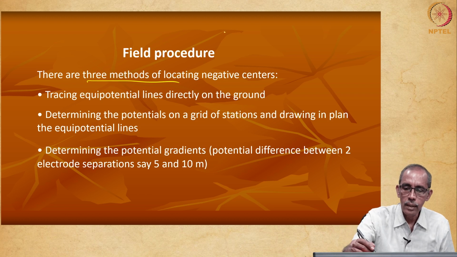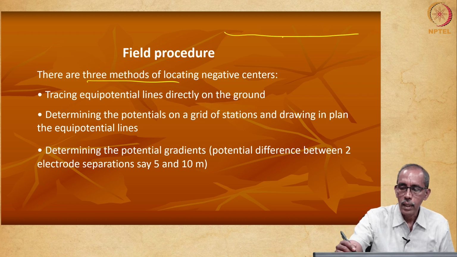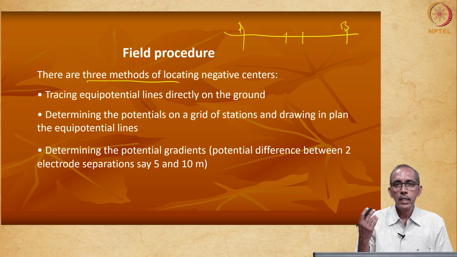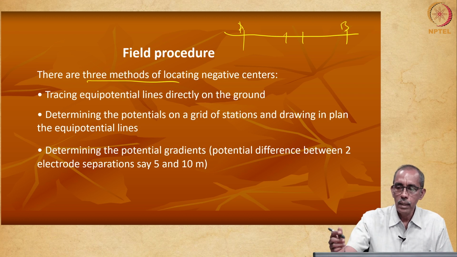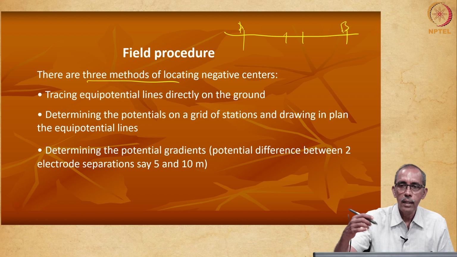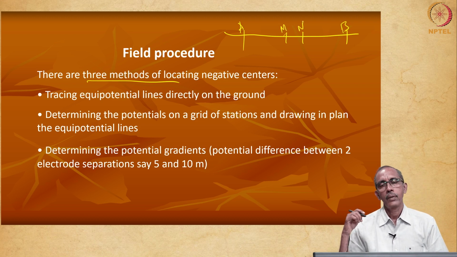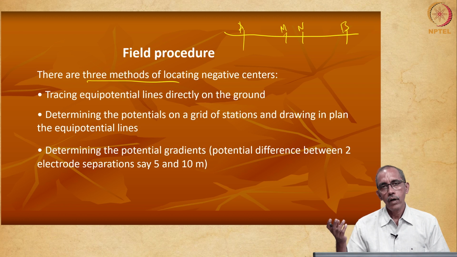Hope you can recollect. I used to always draw something like this: 2 electrodes at the center, 2 electrodes at the outermost, which are known as A and B outer electrodes. This is the arrangement I have drawn now. I have drawn the Schlumberger arrangement. So, A and B are current electrodes, M and N are potential electrodes. This is the arrangement we follow in the resistivity Schlumberger method.